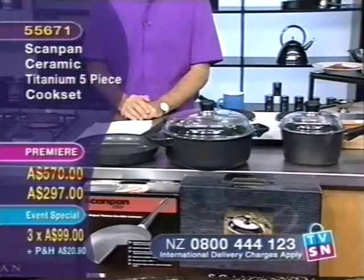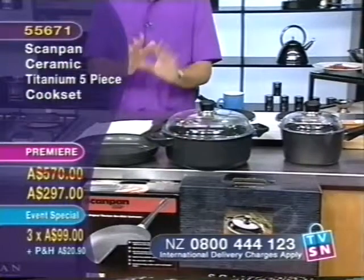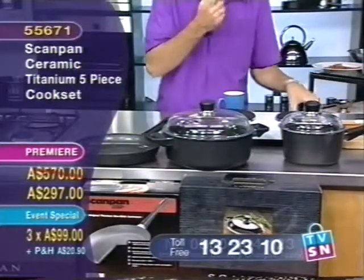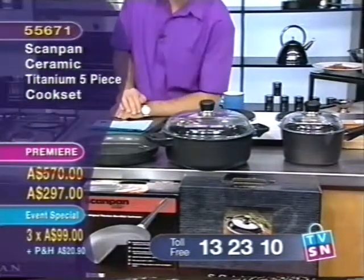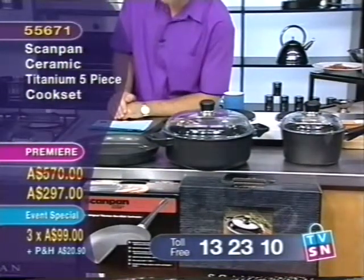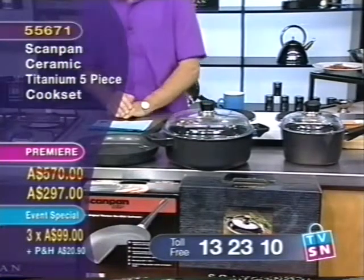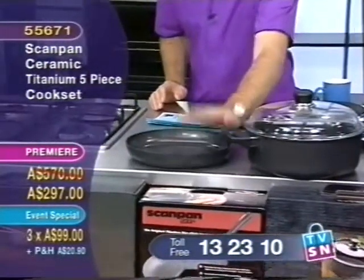In fact, the very first one is a premiere pack that's never been seen before, and it's a really terrific starter pack for you if you want to get into Scanpan and get quite a few pieces initially to get your collection going. Now, this first pack also, by the way, the other great thing about buying it from TVSN, as you can see, is that fabulous price reduction. Now, this is the 5-piece cook set, which comprises of a 26 centimetre frying pan, which, by the way, you